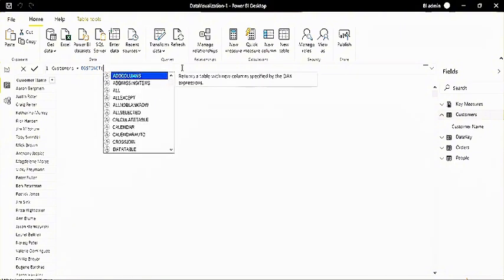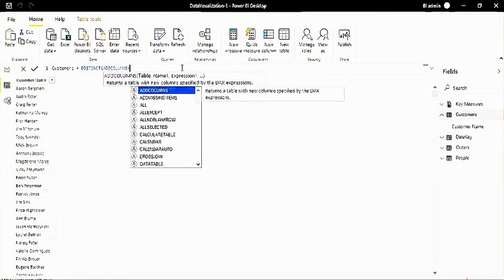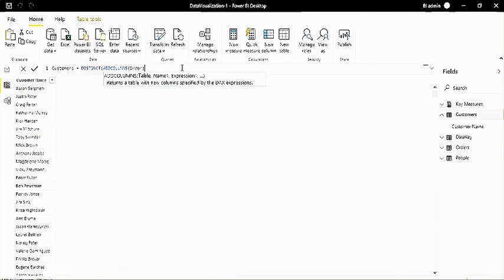Here I'm going to use add columns. Now here you can use the new table name, so the table name is from, let's say, orders. From the orders table, I want to get the distinct customer ID. So you see that DAX is very important. Everywhere you have to use DAX. In visualization also DAX is important.